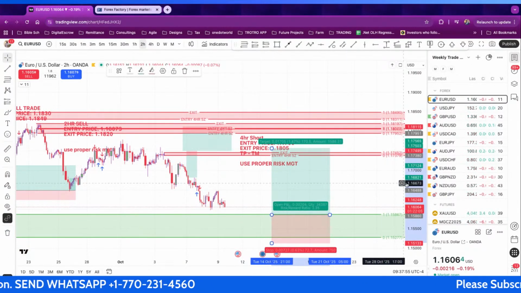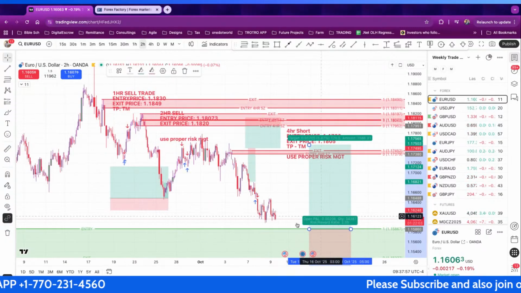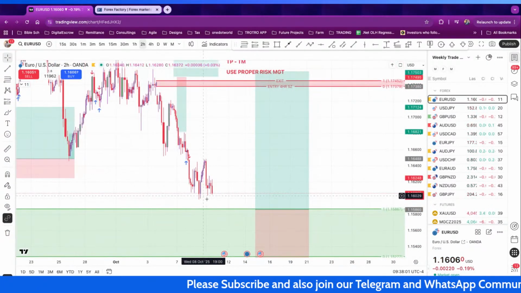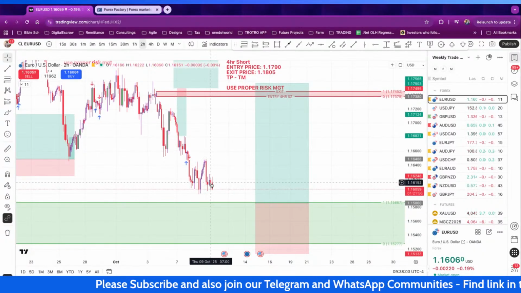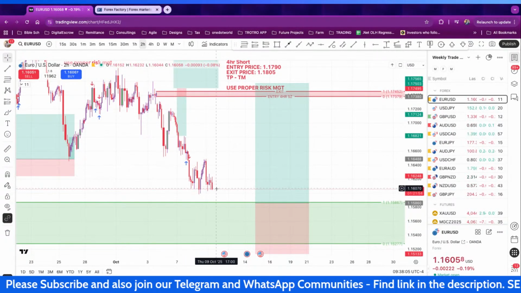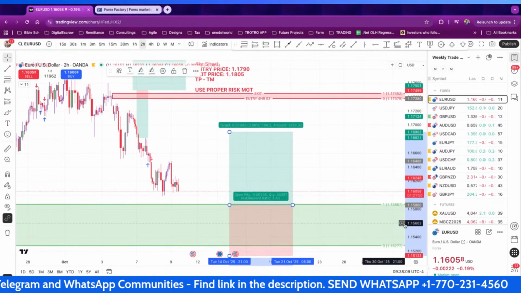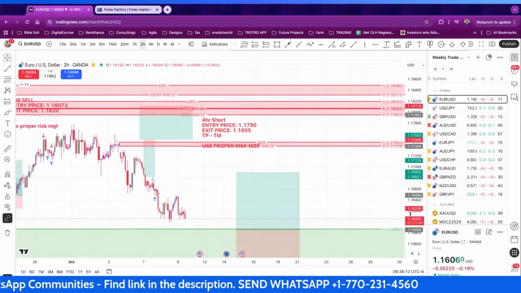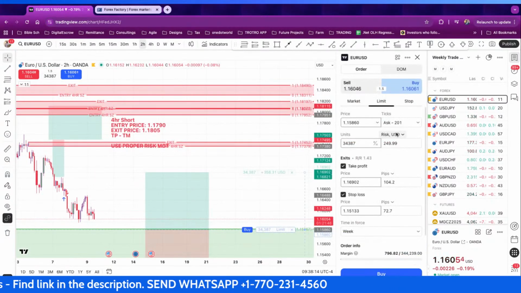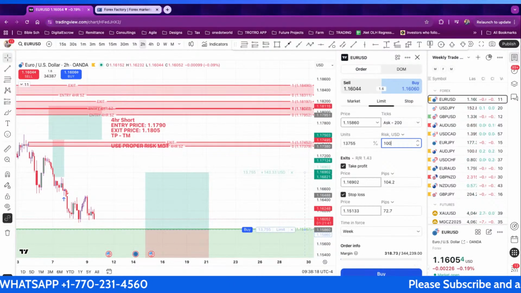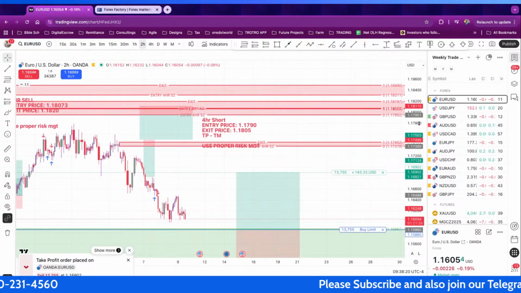So I'm going to go ahead. I like it. I don't like the formation over here. As the market is rallying down into this place, it's going to impact our profit. But whatever the market can give us, we'll take it. So I'm going to put in something, and for my currencies it's $100 in there. Boom, it's done.